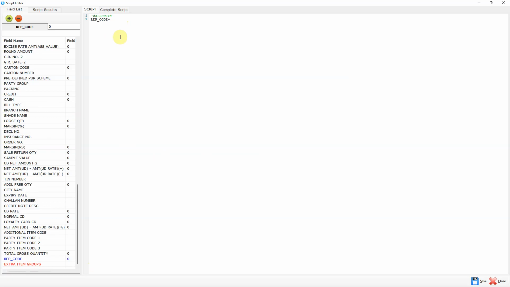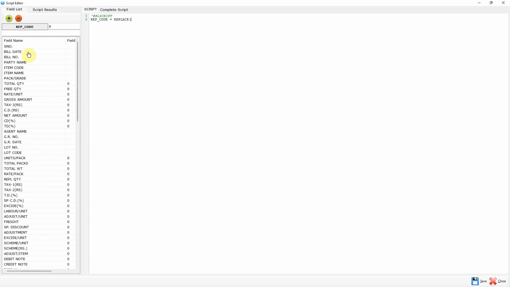Now, define the expression using the replace function, which will modify text values by replacing specific characters or strings within a field. To apply the function, type replace followed by an opening bracket. Then enter the field name, add a comma, and within double quotes, specify the text you want to replace, comma, enter the replacement text in double quotes, and close the bracket. For example, replace brackets open item code, comma, double quotes Q56, comma, double quotes LS and brackets close. Save the expression once it's defined.